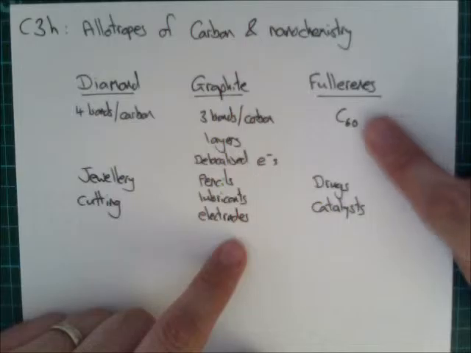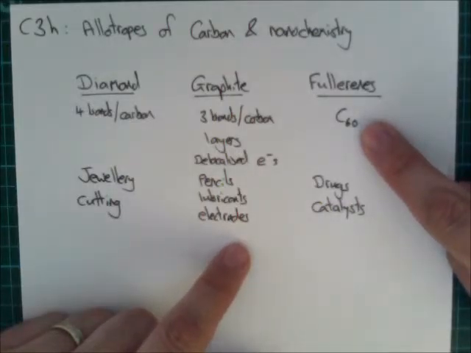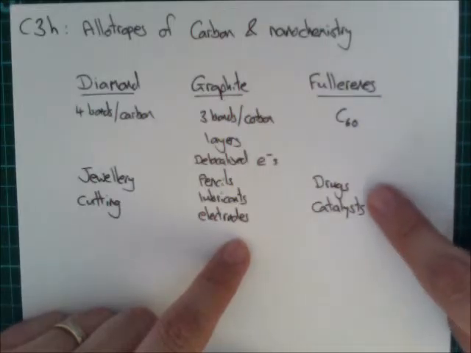Finally, carbon can be found as fullerenes, which is C60. 60 carbon atoms formed into pretty much a football shape, but it's a nanoparticle, meaning its length is between 1 and 100 nanometers. These have been used in development of drugs because you can place certain items inside the cages